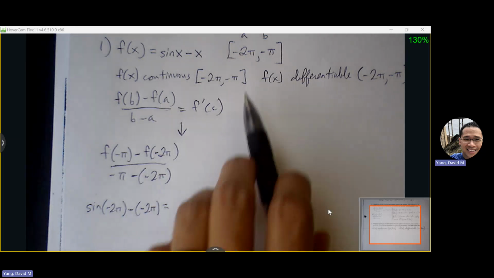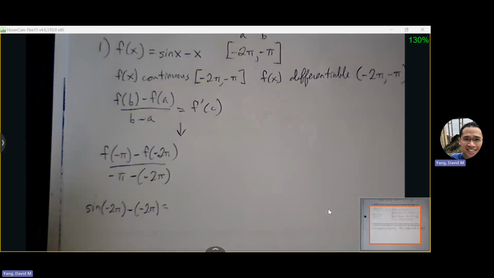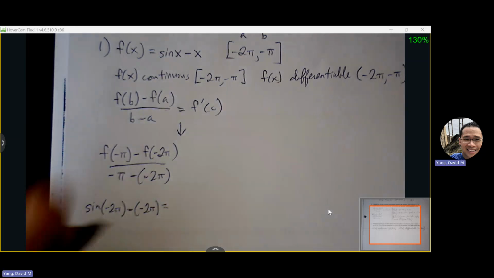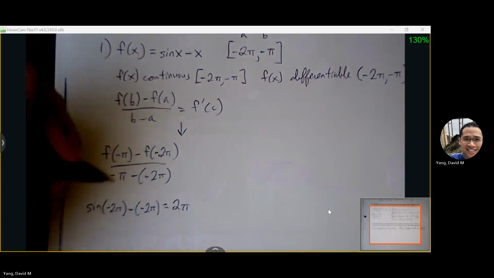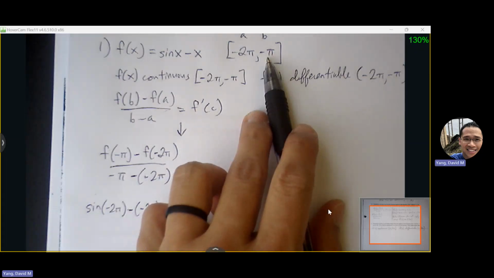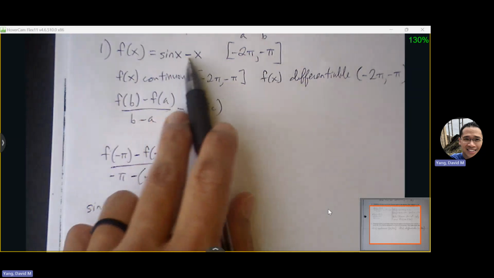Okay, so if I plug in negative 2 pi into the function here, I'll get 0 plus 2 pi, which is 2 pi. If I plug negative pi into the function here,